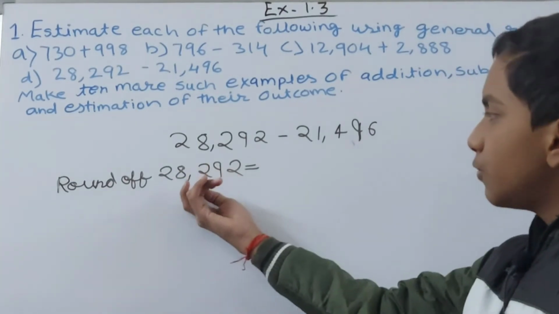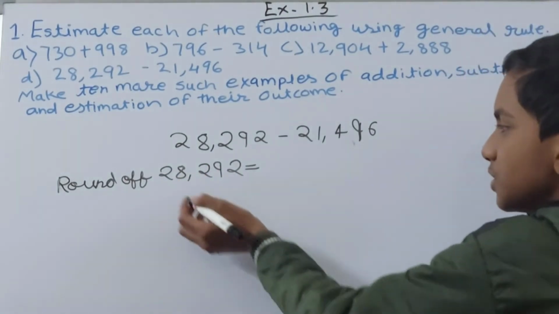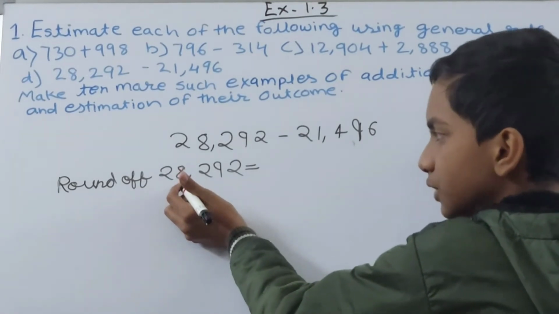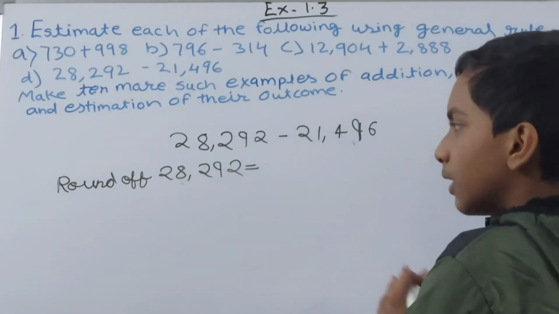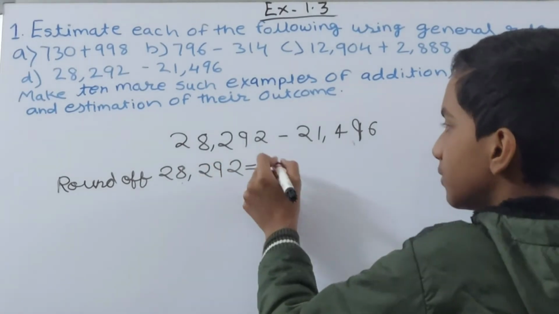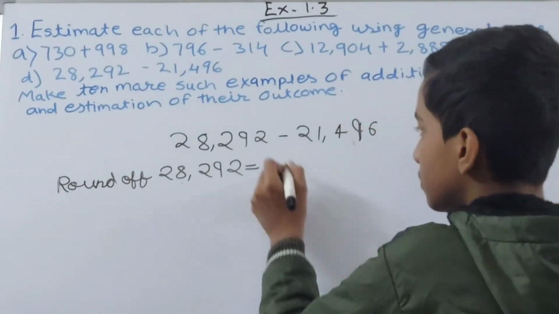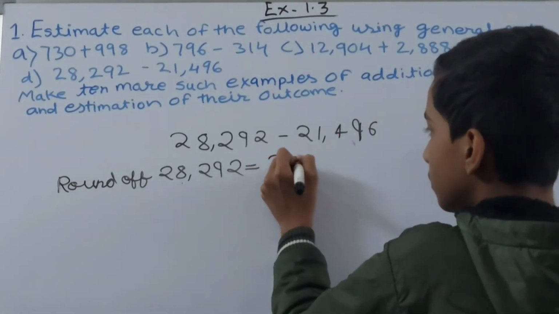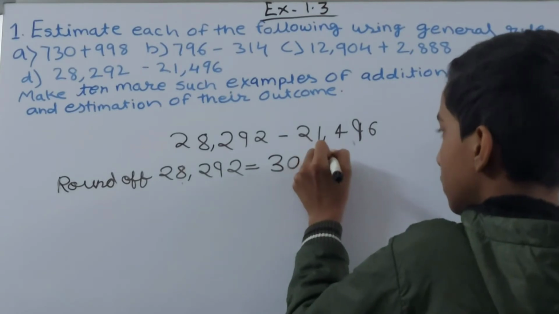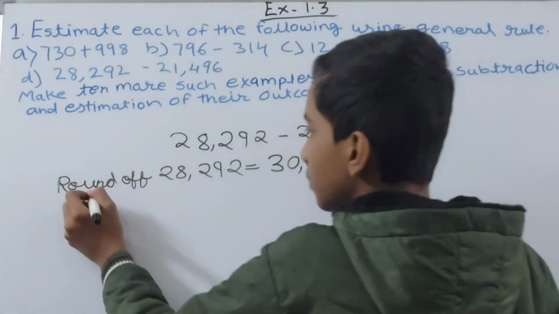Now see, we will move to the thousands place, that is 8 here, it is more. So that means the digit at the thousands place and the digits at the places which come before the thousands place, hundreds, tens, ones, will turn to 0 and we add 1 to this 2. So 2 will turn to 3, 0, 0, 0, and again 0. Okay, 30,000.